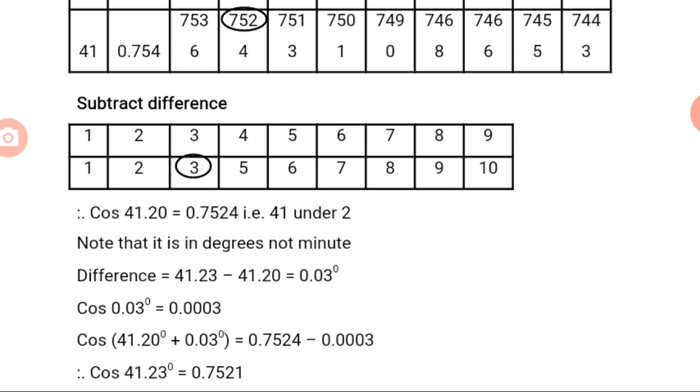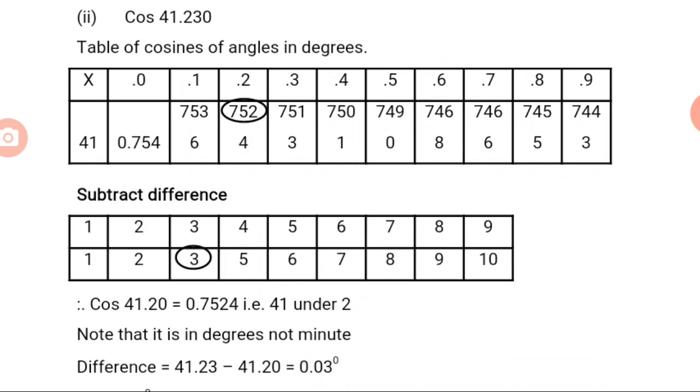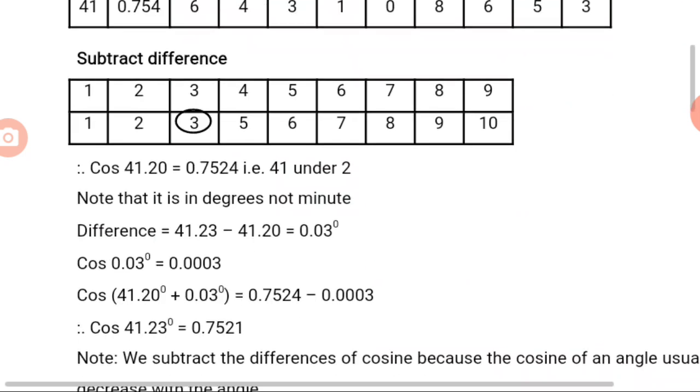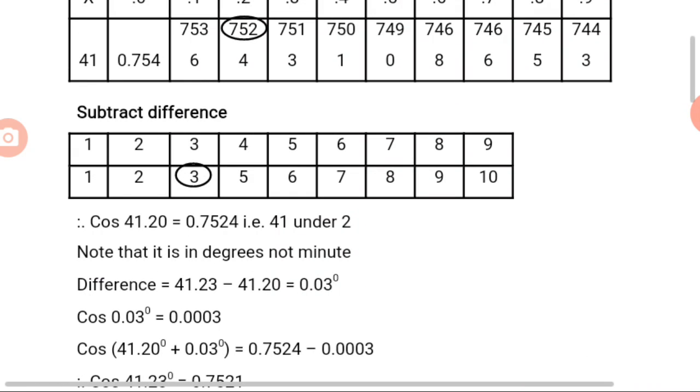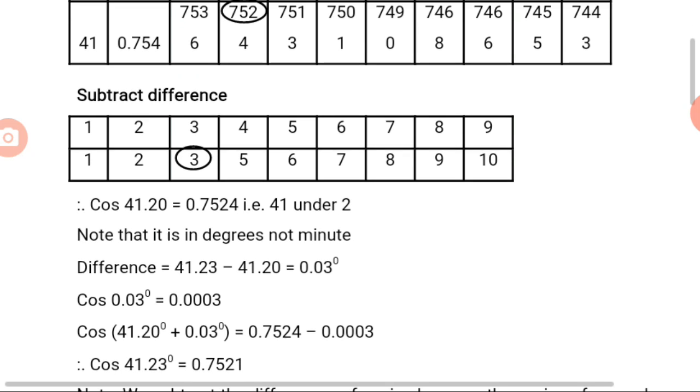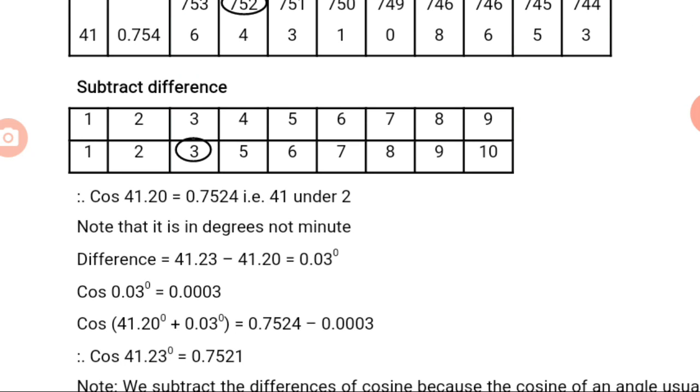Is that clear? Because the difference is 3, we look at 3. The number under 3 is 3, where 3 is the difference. So cos 0.03 degrees will now give us